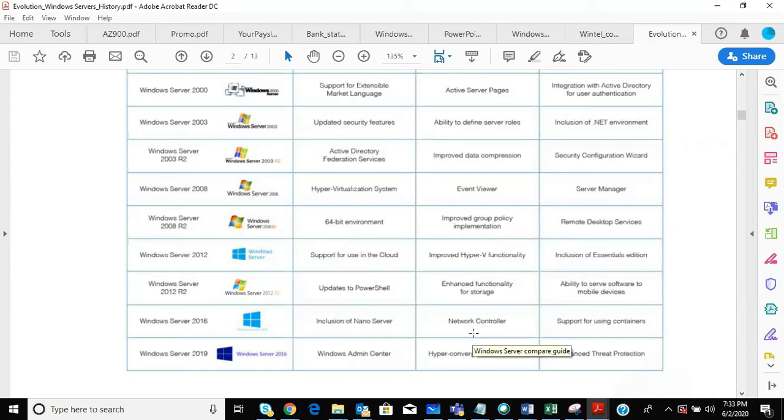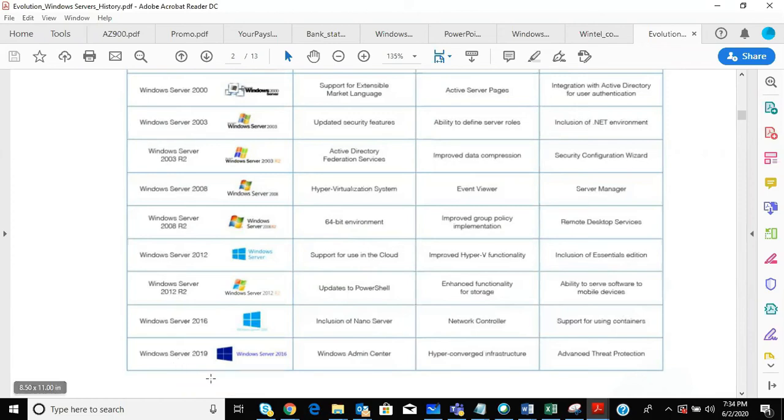So boot time got reduced earlier, until 2012. Boot time was too much. It got reduced by a very large fraction with Nano Server, and containers got introduced to make it cloud friendly. If you can see, the cloud journey started in 2012 itself, but it was not mature enough. It matured in 2016. They started containers and all those sorts of things, right?